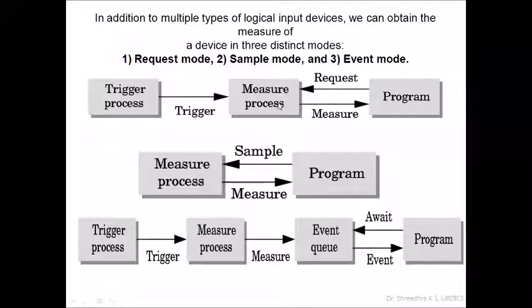Now you can observe this activity with respect to a mouse triggering or a keyboard triggering. Whenever a key is pressed, how the measurement will be taken, and how the program should take the measurement values: the position of the mouse on your screen, the corresponding X and Y should be invoked, and these routines will be continuously running to catch that value, and the callback function will be invoked. This is the request mode.